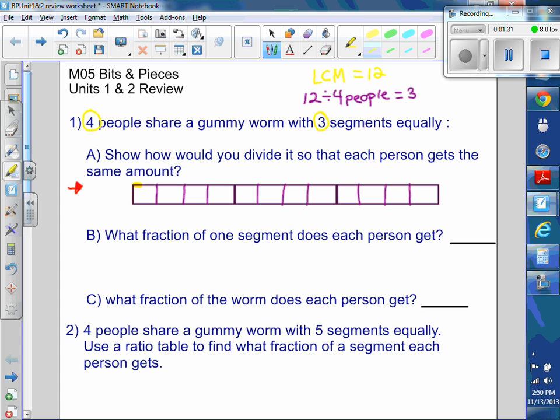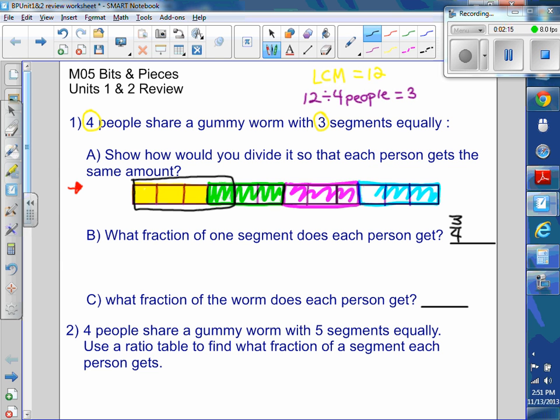And so maybe this is the first person's share. Okay? And then this is the next person's share. So that would be fine. That works nicely. And then this is the next person's share. And this is the last person's share. Okay, so we would be able to see, I don't know if you guys can see, the original segment was this big. You see that? So the yellow is one person's share. So each person gets